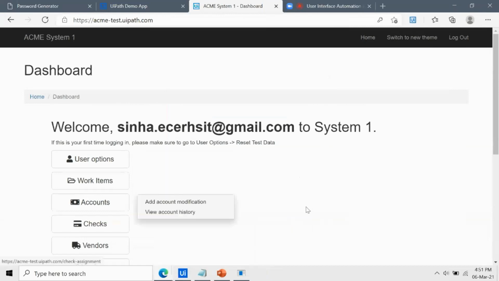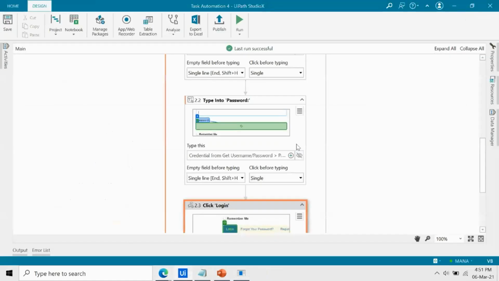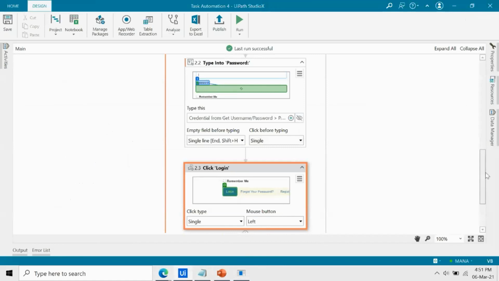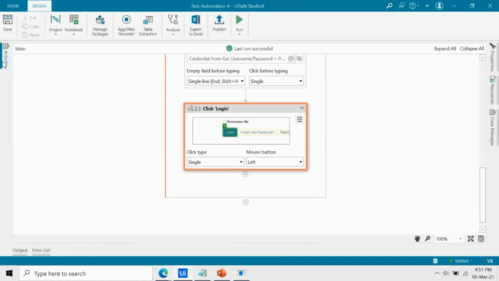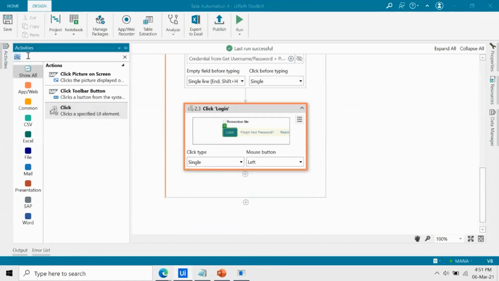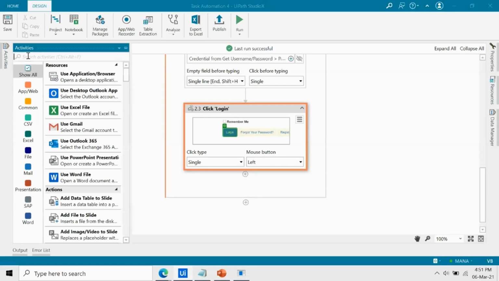So there is an activity called check app state, okay, where it will check whether a certain page was loaded or not, whether a certain element has appeared or not, so that you can proceed with the next step. So it is always good to have a validation check in this user interface automation just to ensure that the page was loaded successfully, and then you can handle fewer exceptions.